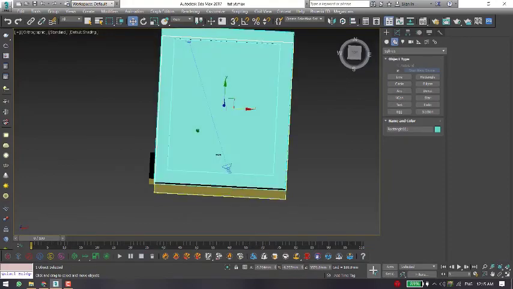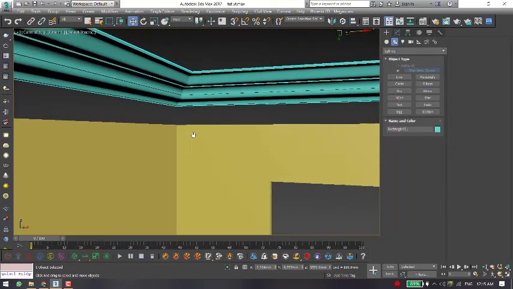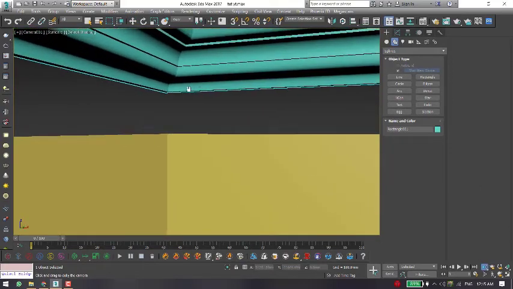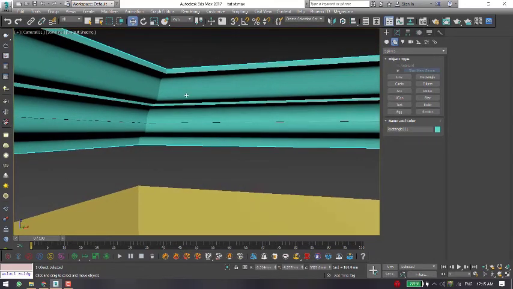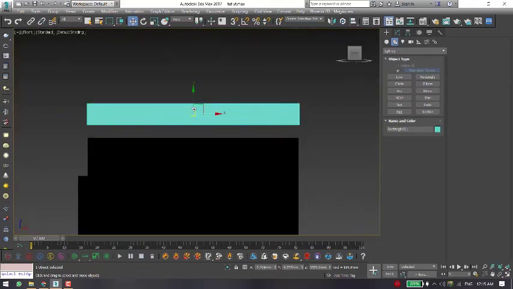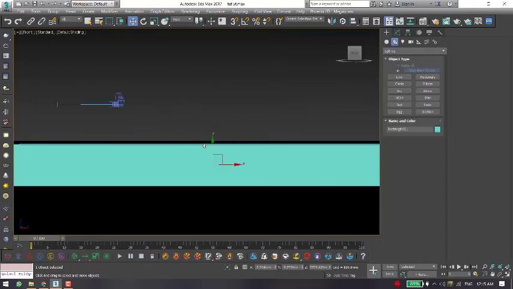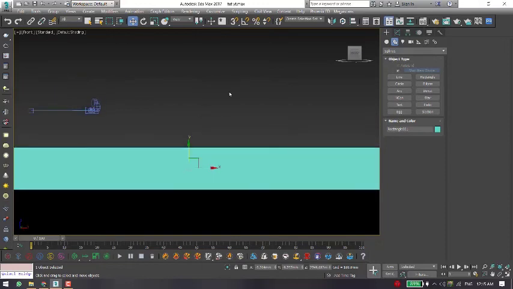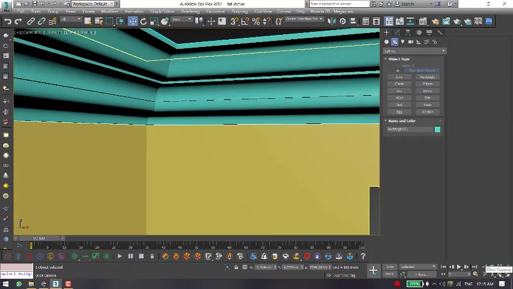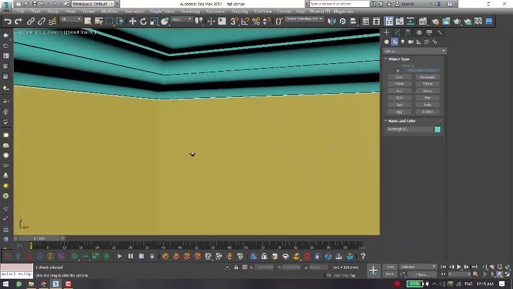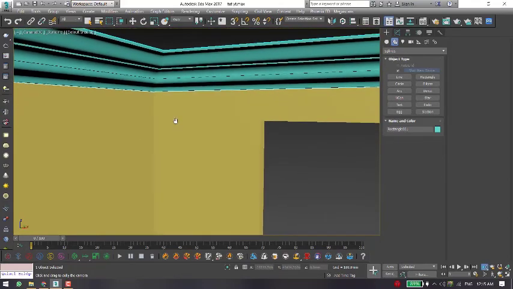Press F3 again, press C for camera, and you can see we have a nice ceiling cornice in 3ds Max with the help of the sweep modifier. Press F and drag down. So now this is inside our room. Press C and you can see, or you can rotate from this orbit camera, or you can use a dolly camera for zoom in and zoom out with an inside camera.